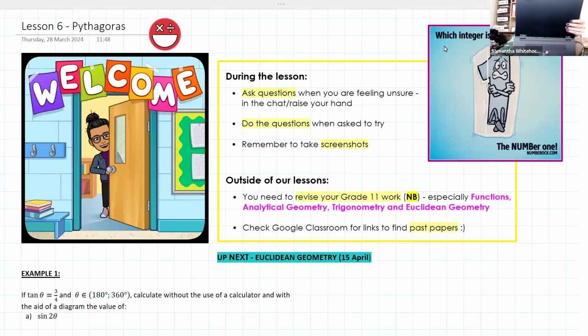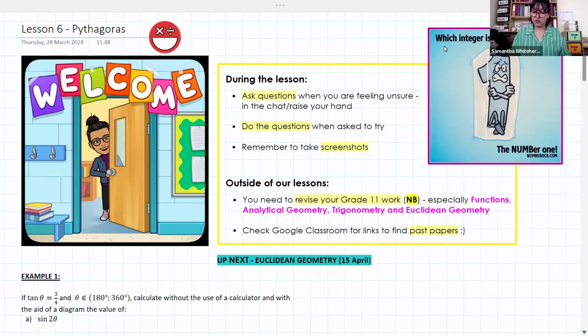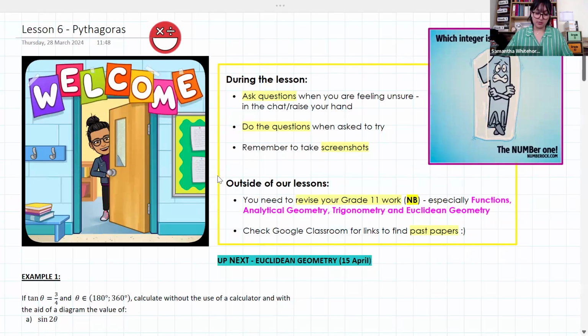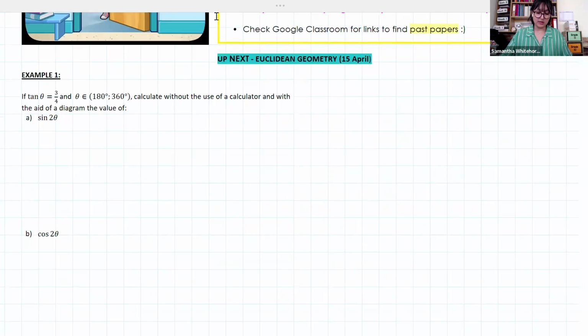Jumping straight in, I have got a few that you're going to try this evening as well, so hopefully get you into practice, get you into the swing of things. If we have a look at this first example,